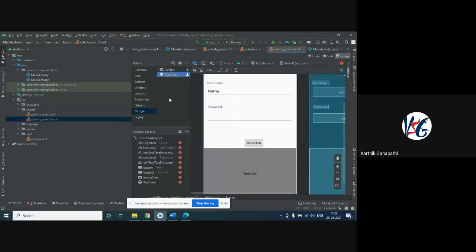If the usage is not that much, fine, but if the usage of the maps is going to increase, for example, the restriction on free usage of maps may be something like 1,000 usages per day. If it exceeds 1,000 usages per day, you are going to be charged for that.